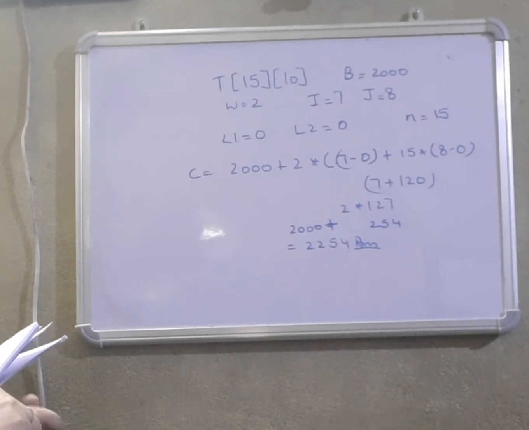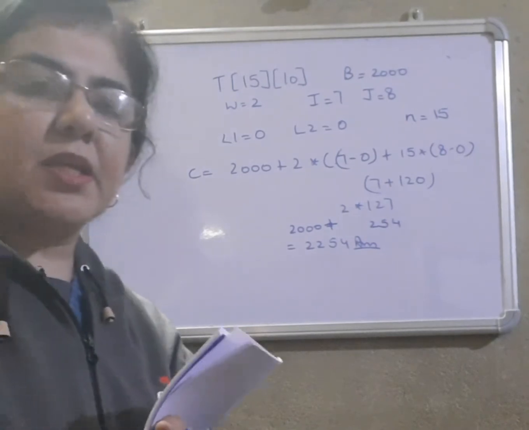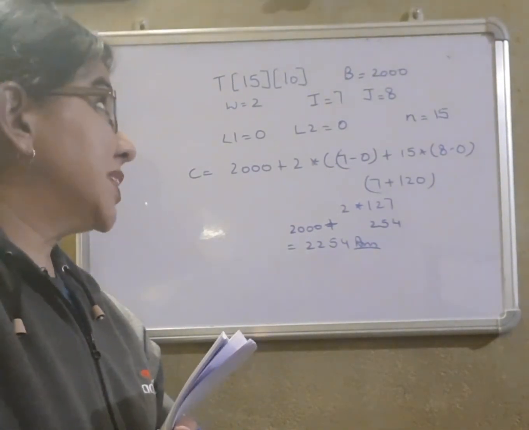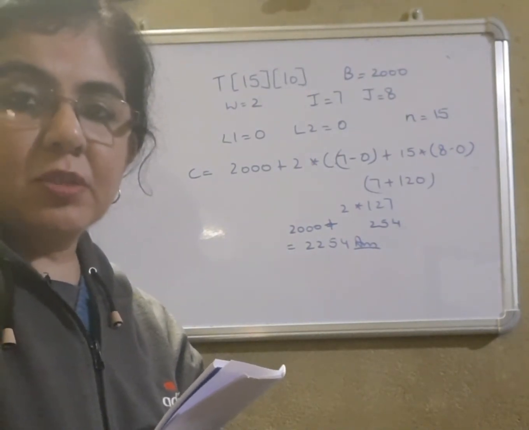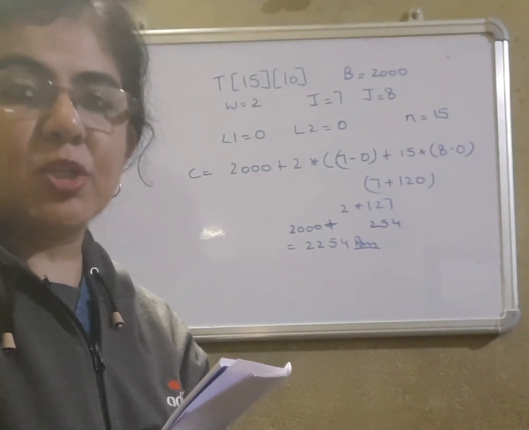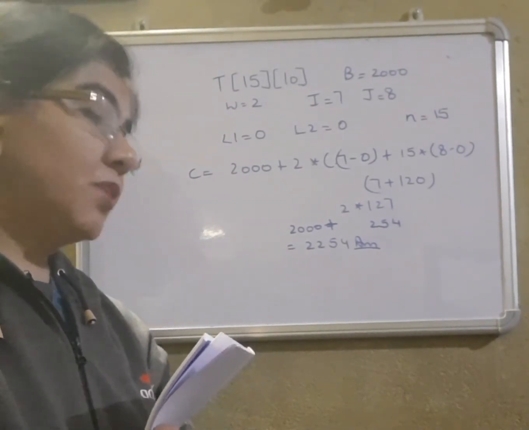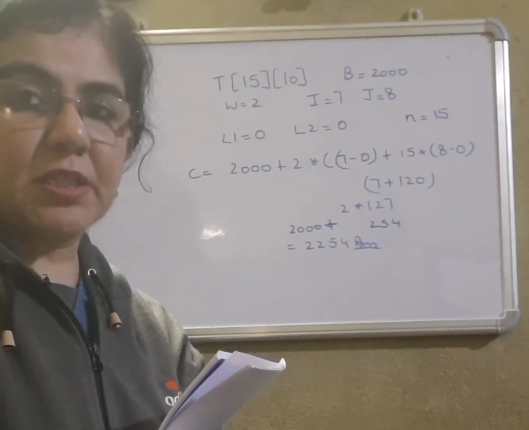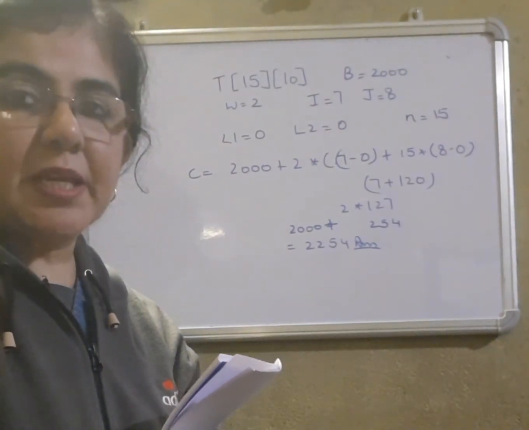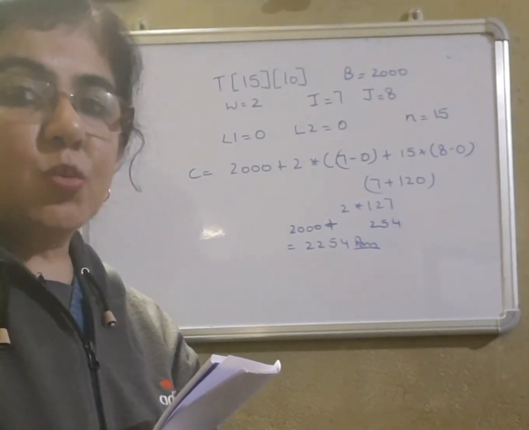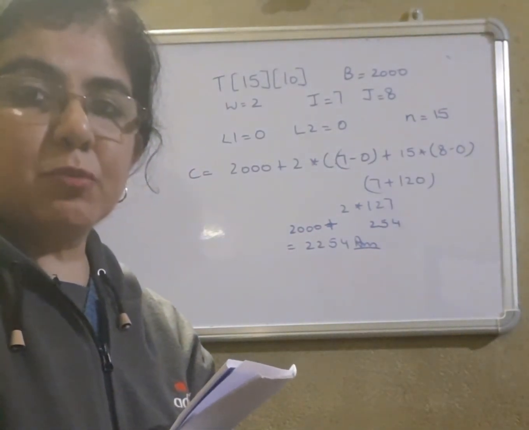So be clear, if an array is given with a matrix of 15 by 10 and nothing is said about which location the base address is of, always consider the location to be 0, 0 for L1 and L2. So I hope you have understood the various varieties of questions that can come. And looking at this, even if the base address is absent, you can easily calculate it if you are good at maths. So I hope you have understood this, and we'll come up with more videos. Thank you.